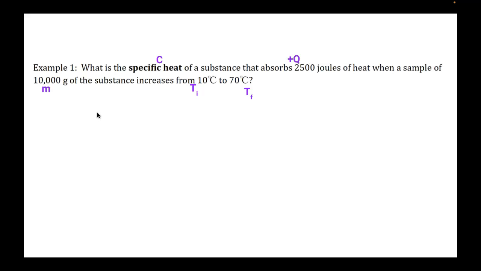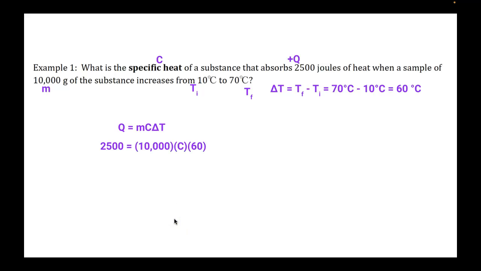I can first check, are all my units what they should be? Yes. Next, I do my change in temperature to find my delta T. When I do 70 minus 10, I get 60 degrees Celsius. Next, I write my equation. Please write your equation, that will always help you. Plug in all the numbers